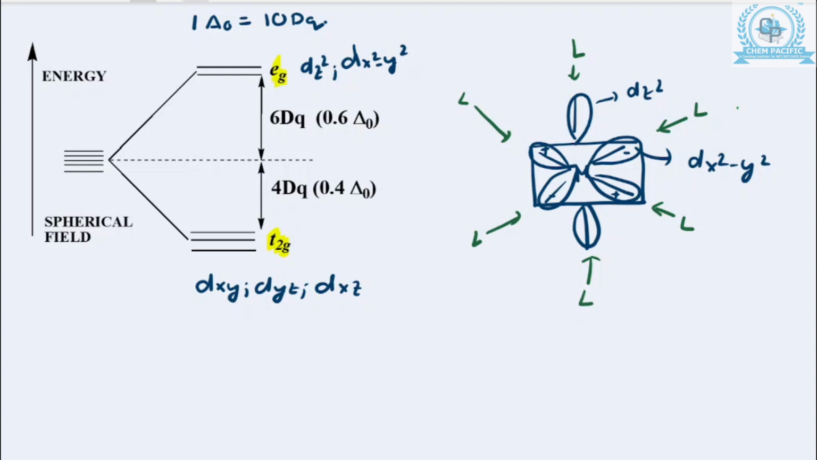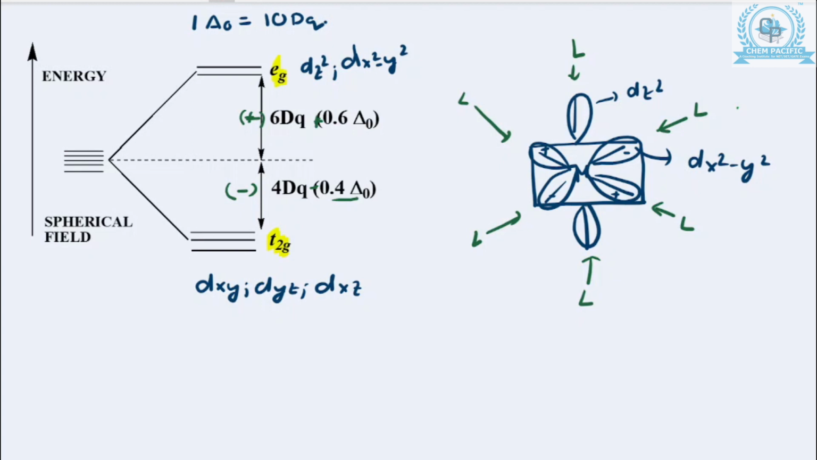Now the sign. I already informed you, whenever it is stable, it is denoted by the negative sign, minus, and whenever it is unstable, it is denoted by the positive sign, so it is plus. Clear to all of you? So the orbitals with the negative sign are below the barycenter and the orbitals with the positive sign are above the barycenter. Now the next question arises, the energy level given, 0.4 delta 0,